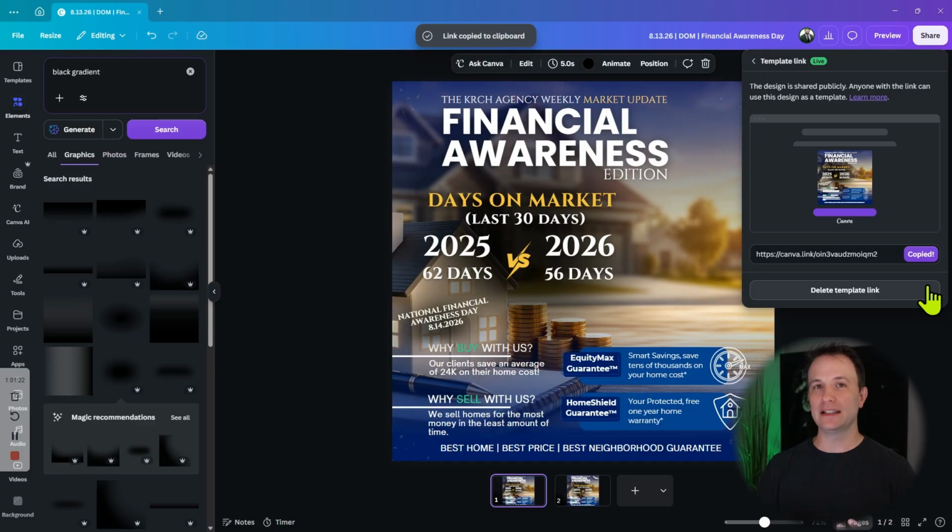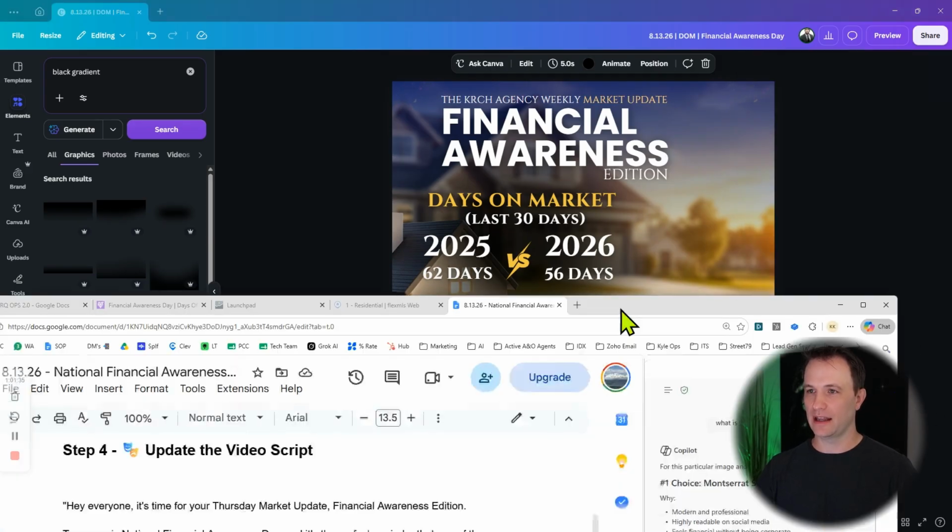Copy. So now what a template link is, is that when you send it to somebody, they're not going to update your master. They're going to update their own very own copy of a template you made for them. Very powerful stuff. All right, so now I've copied that. Now that's done, I'm going to go ahead and come back up